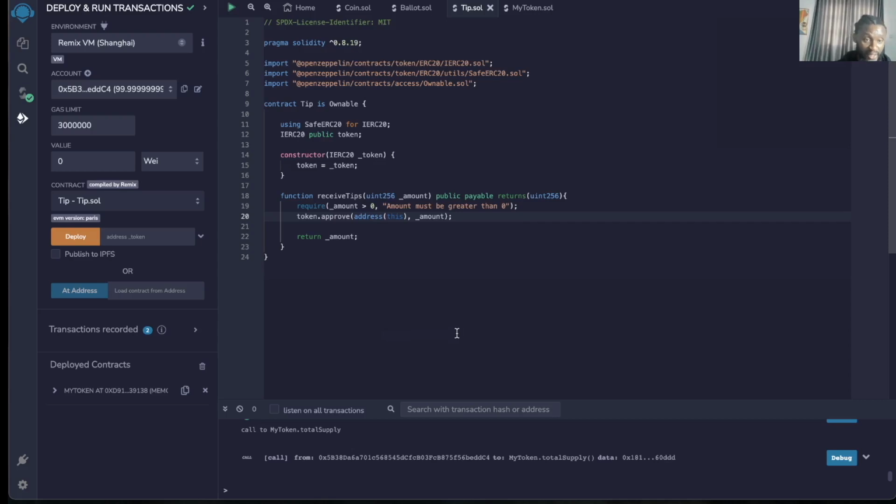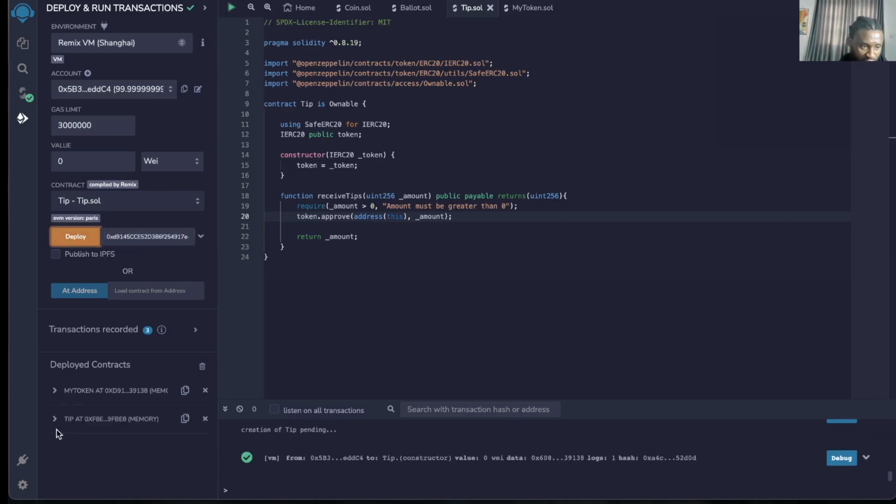To demonstrate the error that I experienced when I got to this point, let's just deploy this contract. So we already have my token deployed, so we are going to copy that address because we are passing it to the tips token, because we want to be able to receive tips from this particular my token right now, which is an ERC20 compatible token. So what that means is that if you wanted to receive tips in USDT, you'd have to pass in the USDT address when deploying this contract, right? And then let's do that,